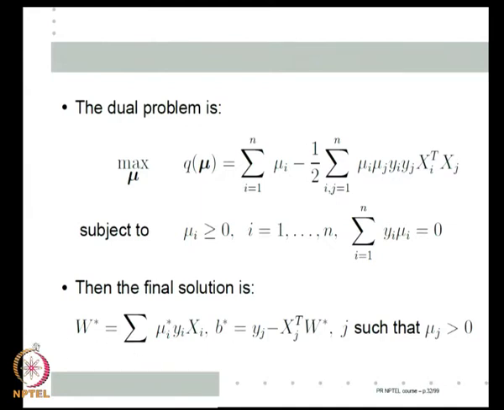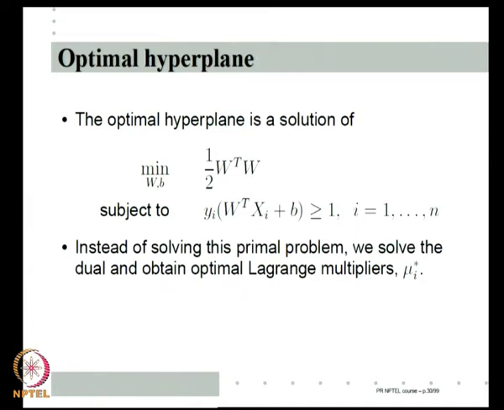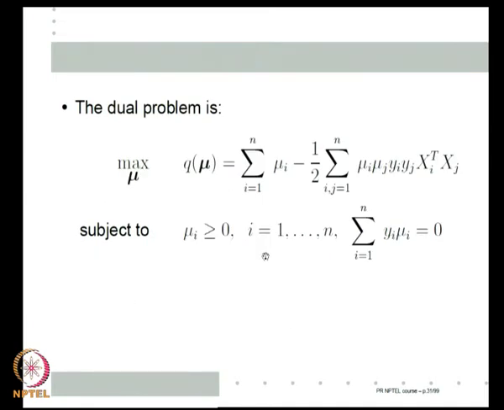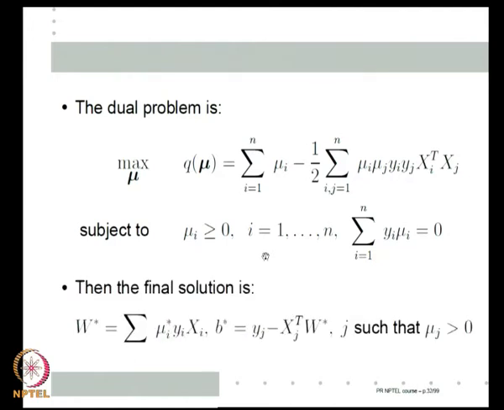So from now on, give me any new feature vector x, I will calculate w star transpose x plus b star, and the sign of that will give me the class. As I said, we are considering only the 2 class problem. So this is the full SVM method for the linearly separable case. We define the optimal hyperplane to be this, then that is the dual and that is my final solution.